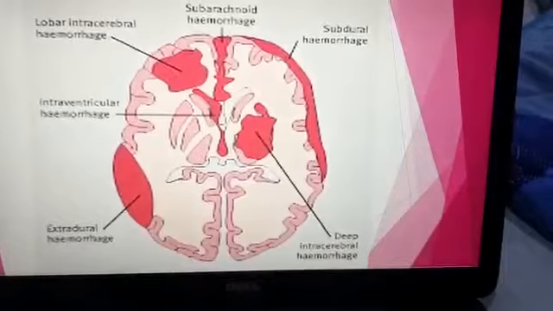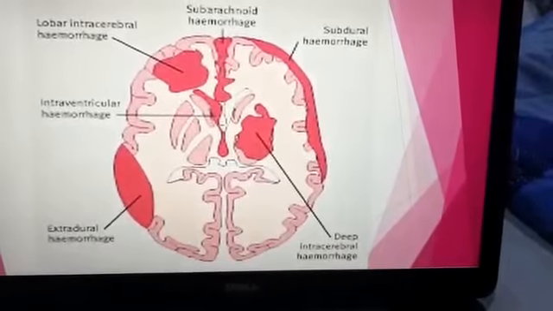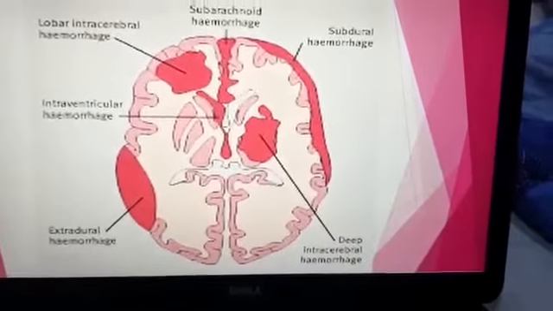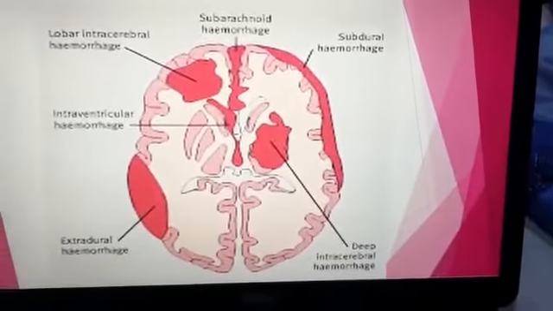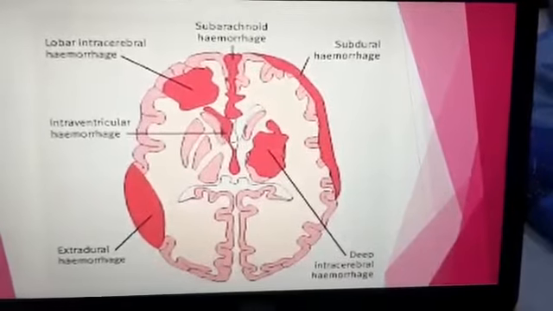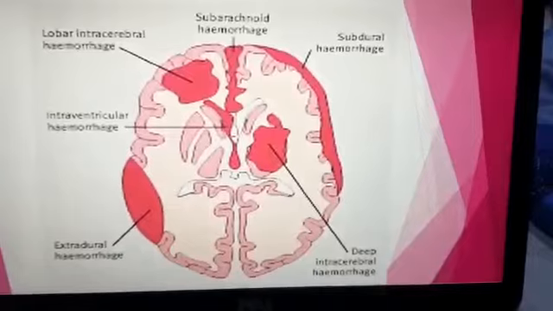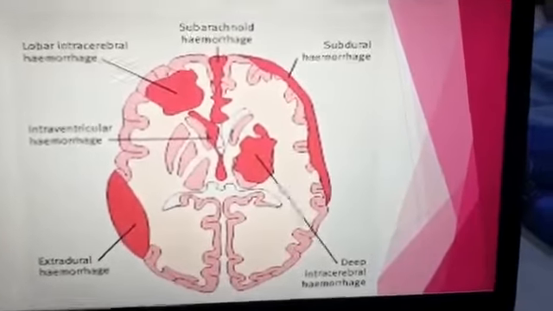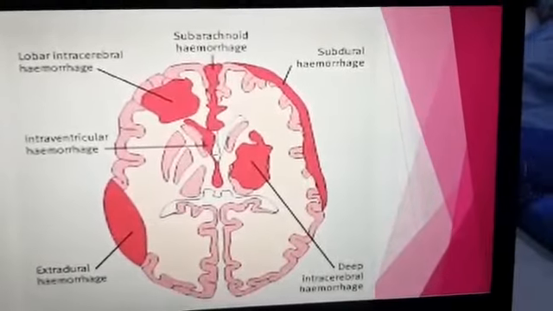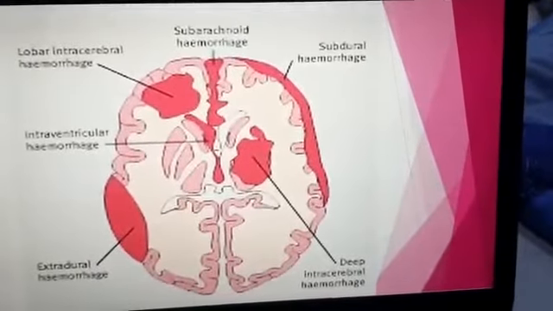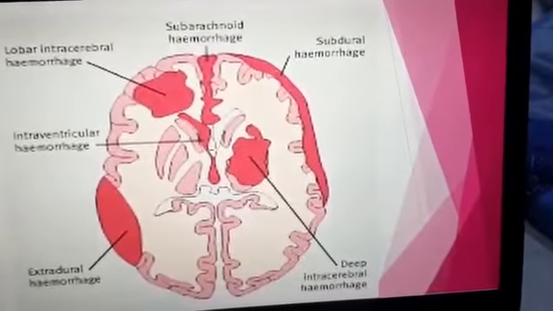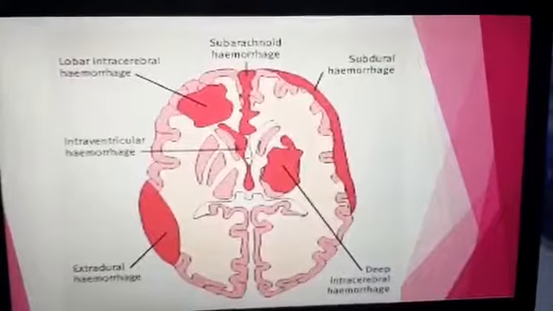When you see the hemorrhage in a lenticular shape, it's extradural hemorrhage. Subdural hemorrhage is a crescent shape. So when you see a crescent hemorrhage, it's subdural hemorrhage. Subarachnoid hemorrhage is gyriform. It takes the shape of the gyri and the cistern where the hemorrhage is sitting. So when the hemorrhage takes the gyriform shape or is seen in the cistern, it's